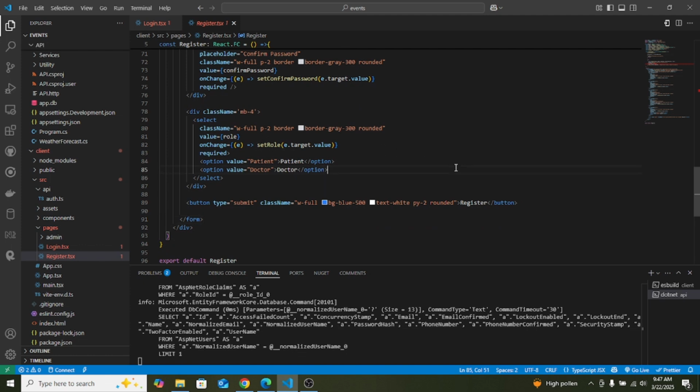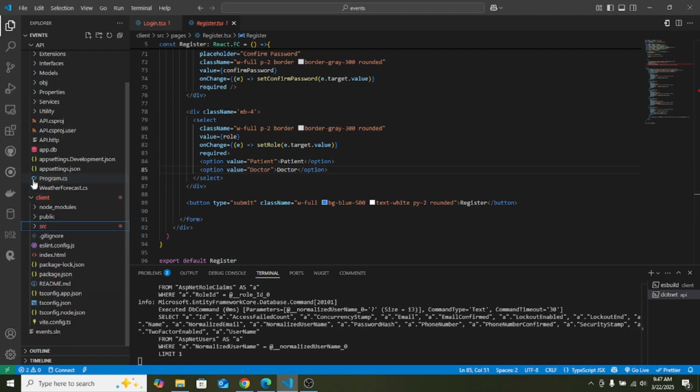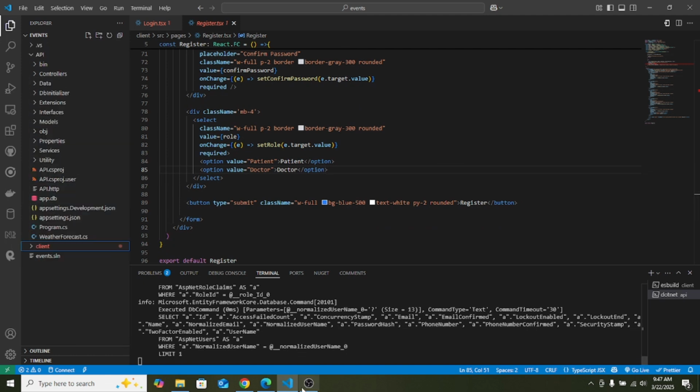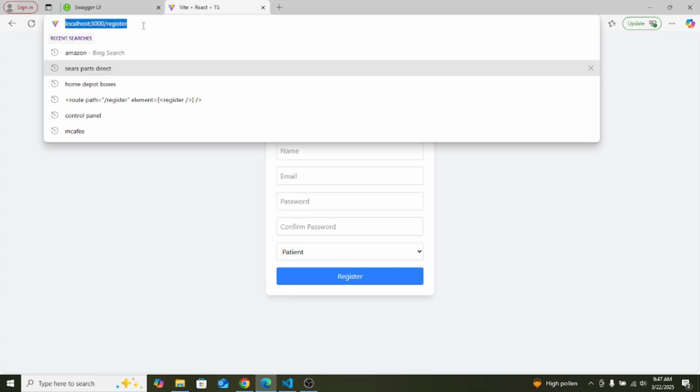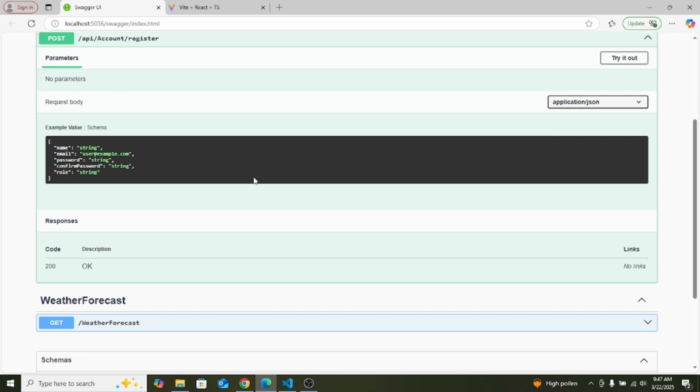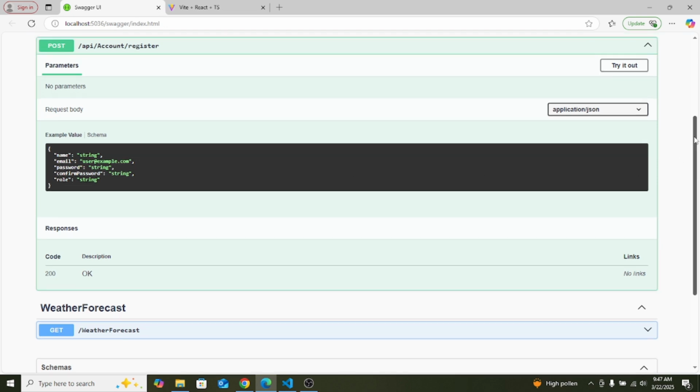I just mistyped. Instead of using just role to match the backend, I ended up using that. So that's what it was. But yeah, anyways, guys. So now I'm gonna use this time